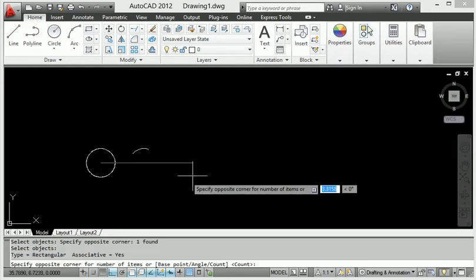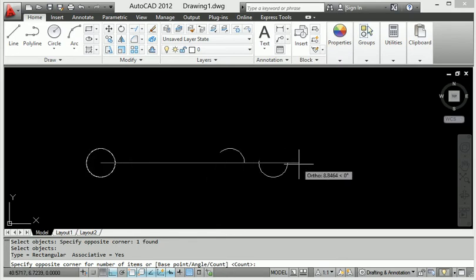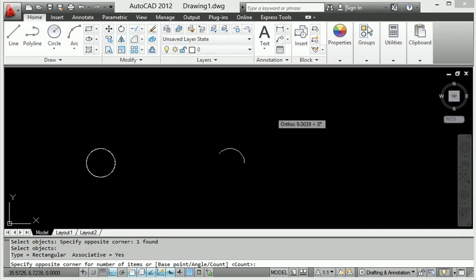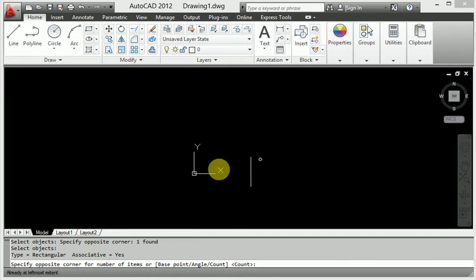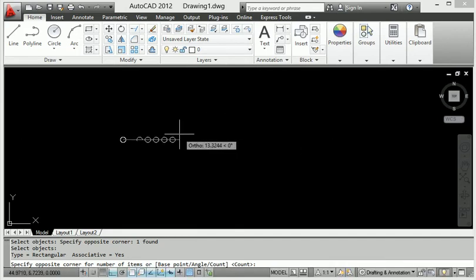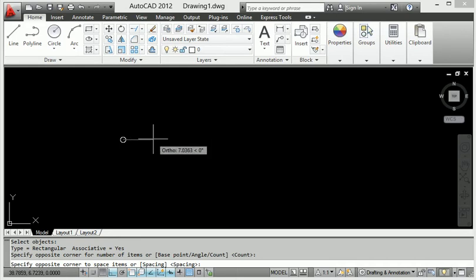They are asking how many lines and circles go in the x and y direction. If you click, this is the y direction and this is the x direction. Okay, so remember, I will click the number of quantity, okay.